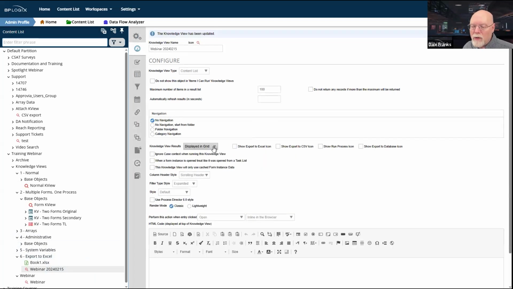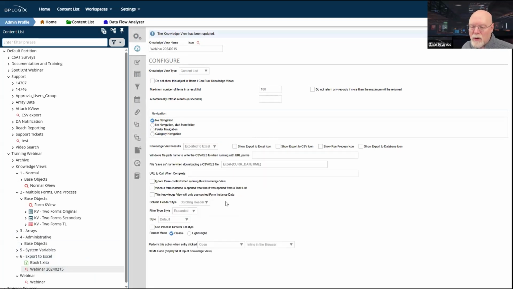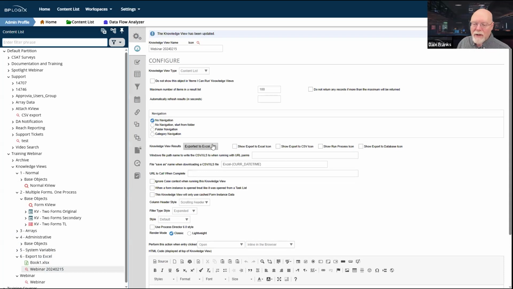I can also do just as we showed earlier, I can switch this to Export to Excel. Now, obviously, if I pick Export to Excel, this knowledge view will never display in the browser. If I access it, probably via URL, it's just going to automatically kick off my Excel export whenever it runs, just as we saw earlier.